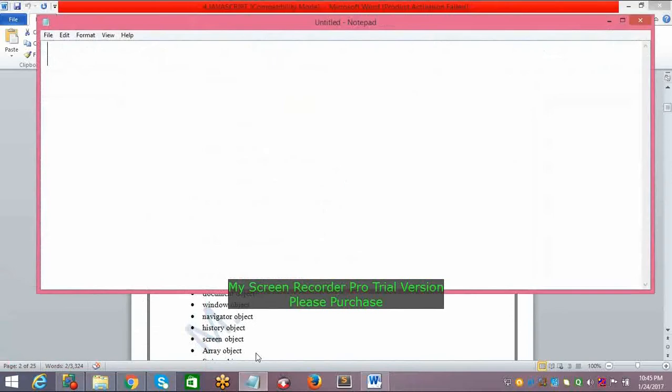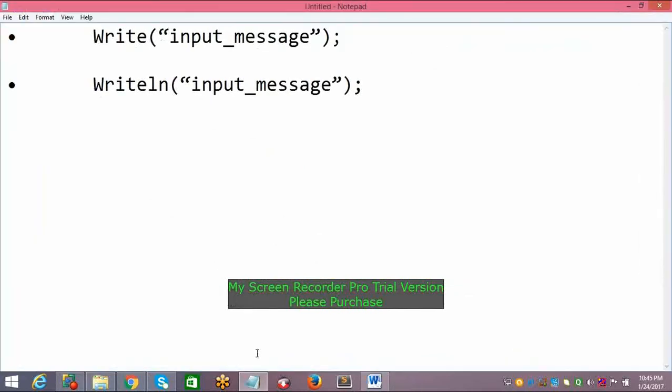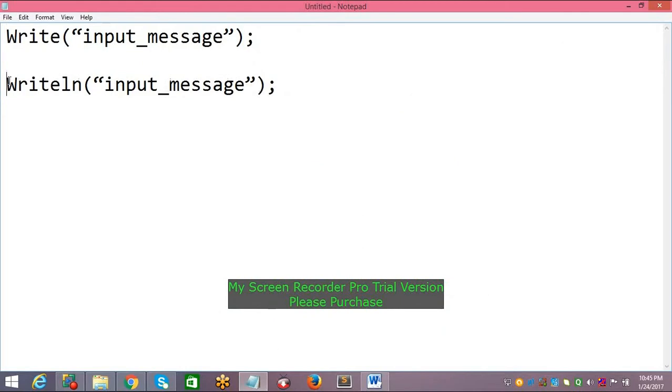What are the input functions? These are the input functions of JavaScript: write and writeln, like a printf function.